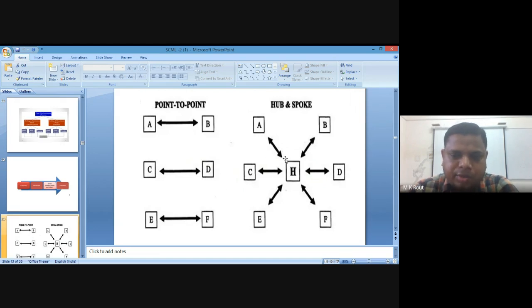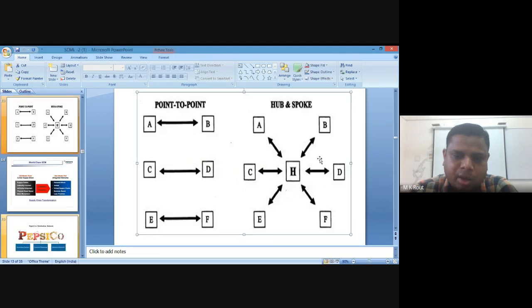But when focusing on the franchise point of view, in the case of franchise, they basically use the hub and spoke model. So if you see, H acts as a hub and A, B, C, D, E, F act as spokes. That means a particular radius will be maintained. For example, 100 kilometers or 200 kilometers, that centrally operated distribution center is applicable, and they will provide all kinds of product delivery within 24 hours or within 48 hours. That is the concept of FC.